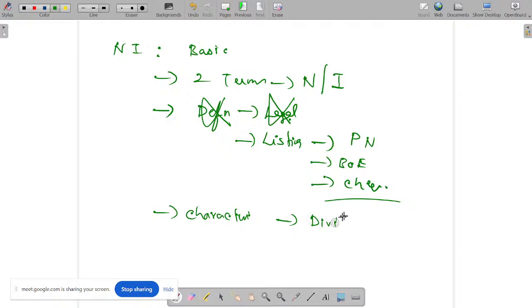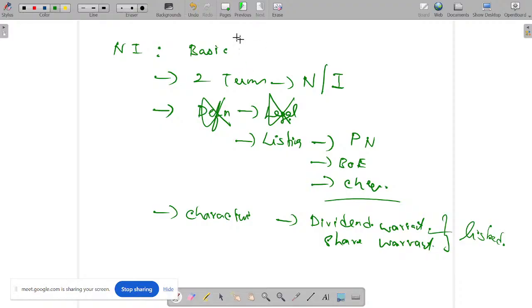For example, dividend warrant. If you hand over the warrant, they will pay you the dividend. Share warrants, dividend warrants, like a token. You go and show that warrant, like redeeming a coupon. Warrant means giving a warranty. Definitely they will be paying it. So these are all called negotiable instruments. It's actually listed, it's not defined in the Act. It's listed because it follows the characteristics.